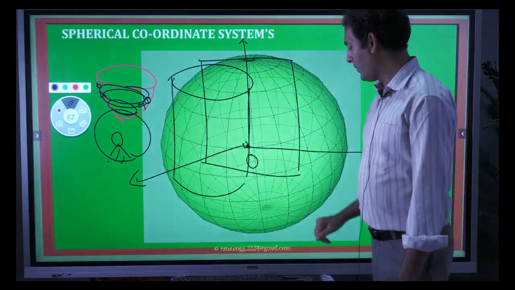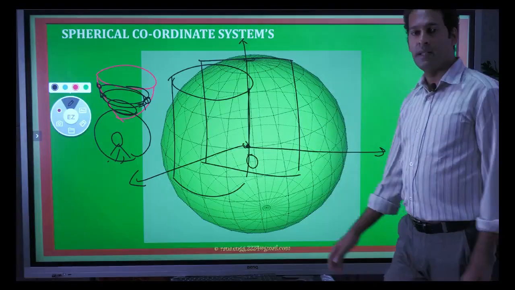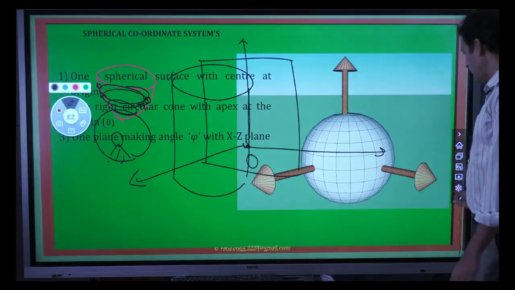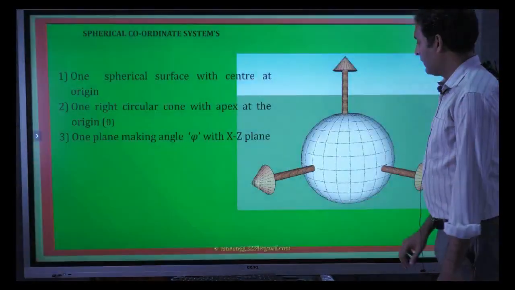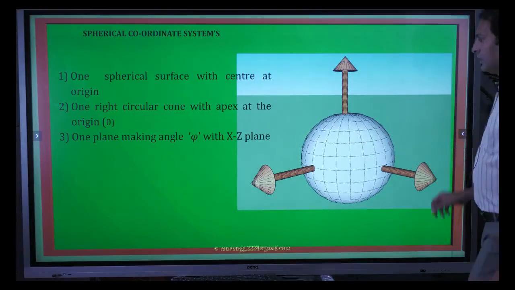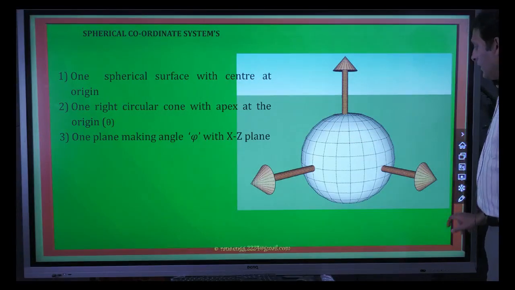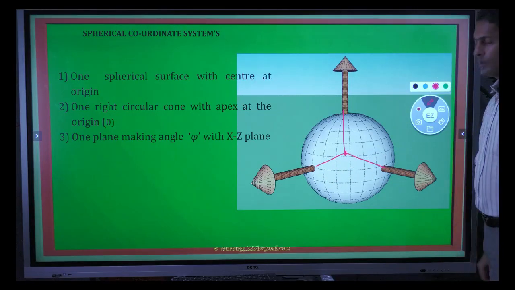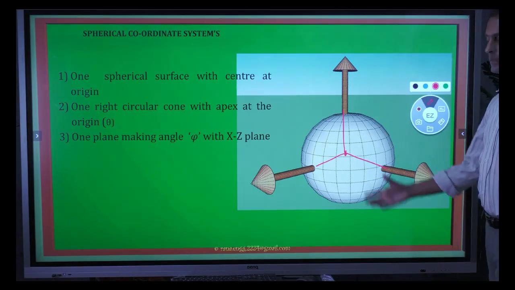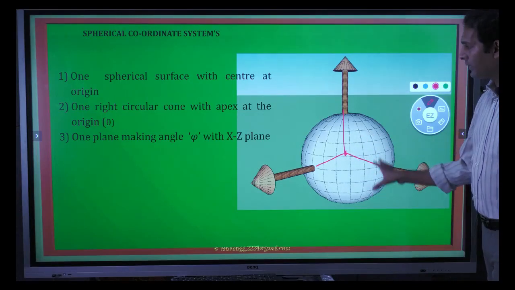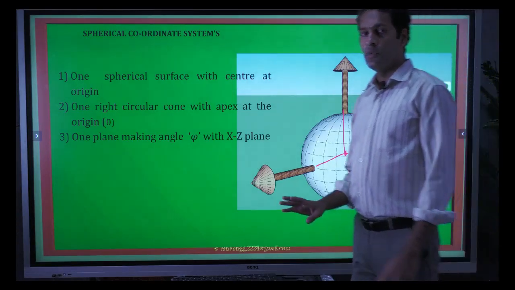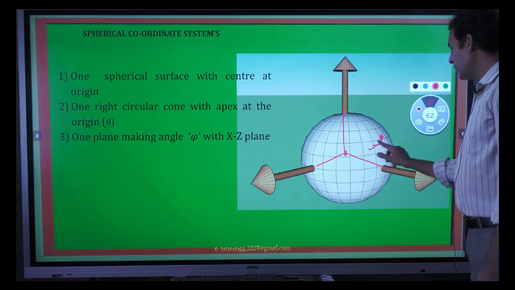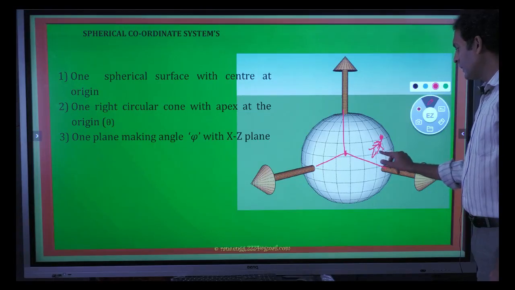While discussing this, you have to imagine that you are inside a sphere and we have to find out the location of different points. So here we have the 3 axes, and there will be one origin point, which is the center of the earth, the center of the sphere, the center of this coordinate system. So we have to represent any given point P.